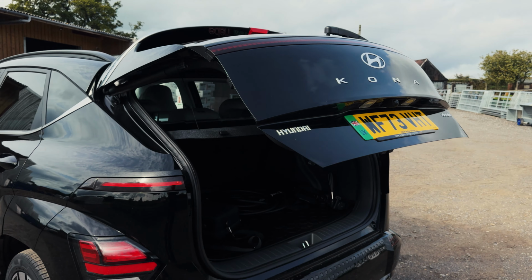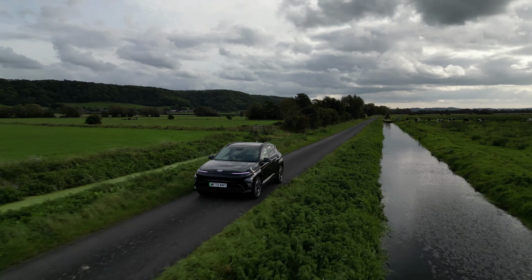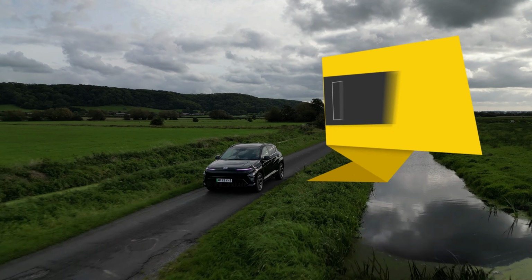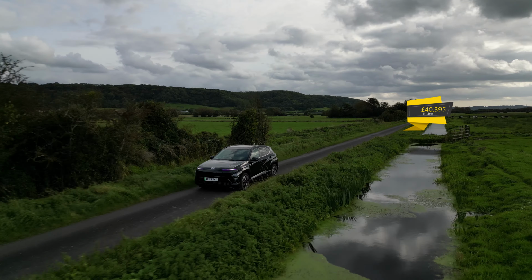You also get a power lift tailgate and a wireless charger, and it's not like most wireless chargers where it's slippery and your phone is being thrown around. There's nice little bolsters in there, so it's always staying in the charging zone. And the N-Line starts at the time of filming from £40,395. And for me, I feel that's going to be the sweet spot of the Kona EV. You get a lot of equipment at a reasonable price, but it doesn't stop there, because then for just £2,700